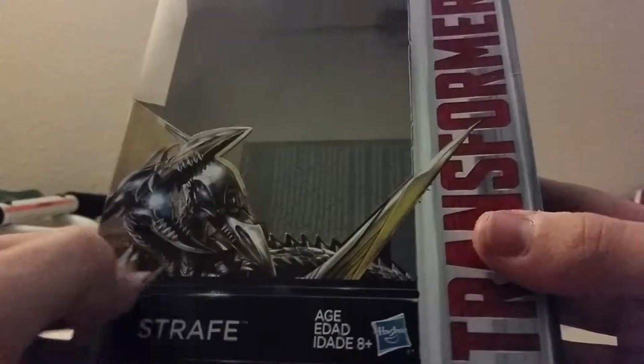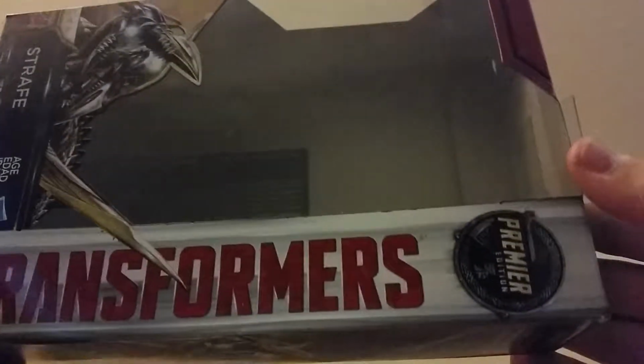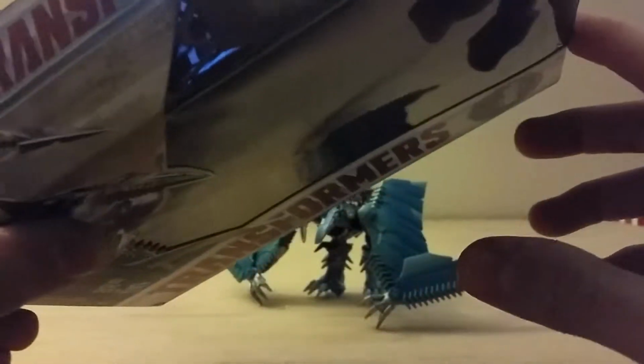On the front of the packaging, you get a nice artwork of Strafe right here, his name, Transformers Last Night, and then Transformers Premiere Edition. Top of the packaging, you get Bumblebee, Optimus, and Drift, which I figured I do want to get because it looks so cool looking. He is a deluxe class. It says Transformers right here, and nothing on the bottom except for where to find this character or something like that. But without further ado, let's now